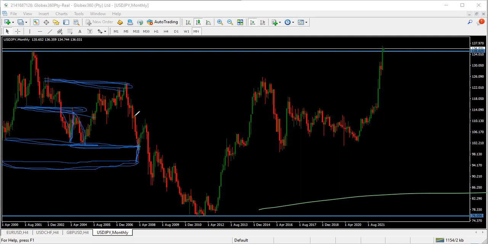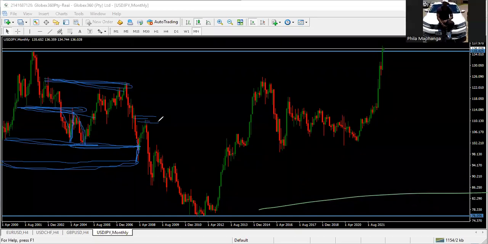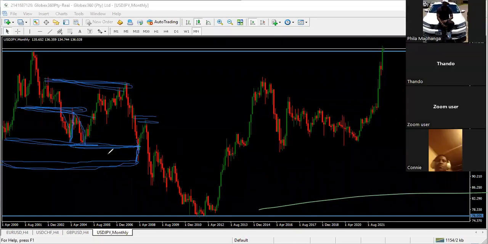And by looking at this, you know that the price is going to turn here. As you can see here, it turned. Can you see that? The price turned here. So now, since the price turned here,